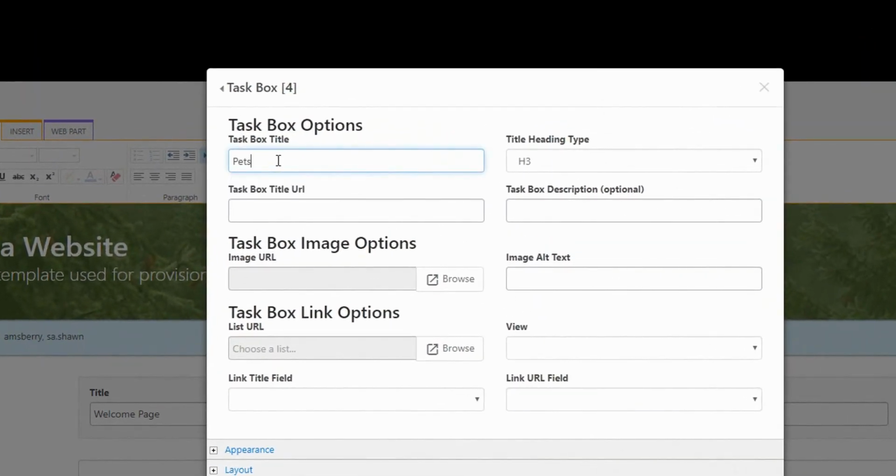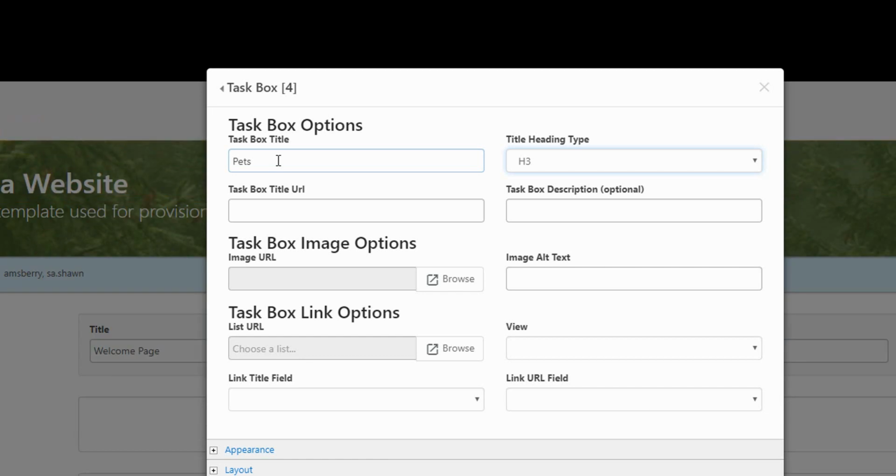Give the first task box a title. This would be some signal of the commonality of the links being displayed in that box. Now choose the heading value, and this will depend on what other content might be on the page above the task boxes, but if they are at the top of the page as they usually would be, then H2 is